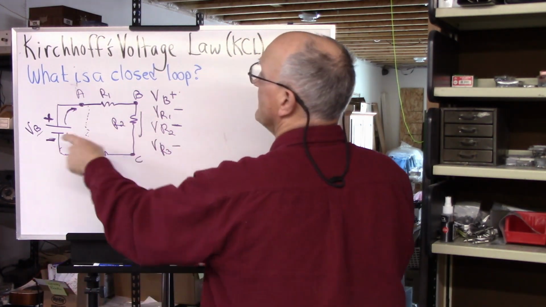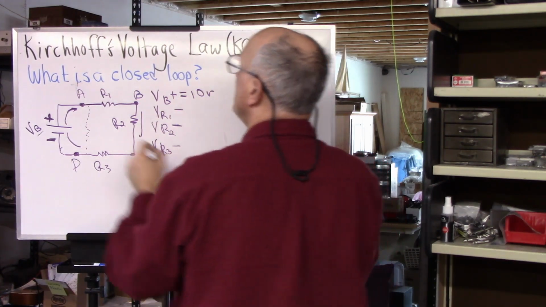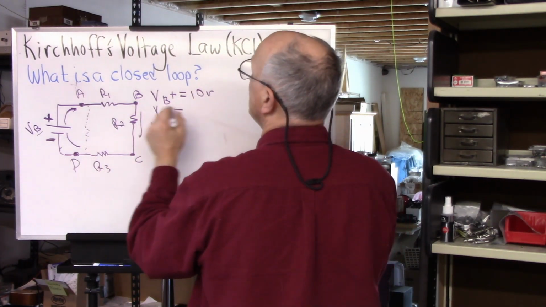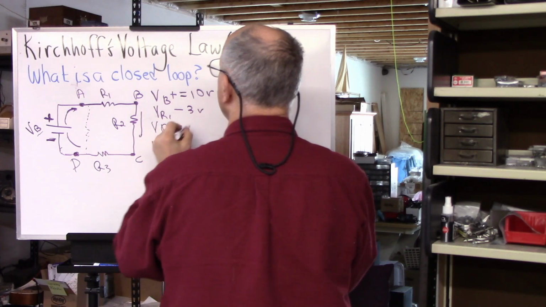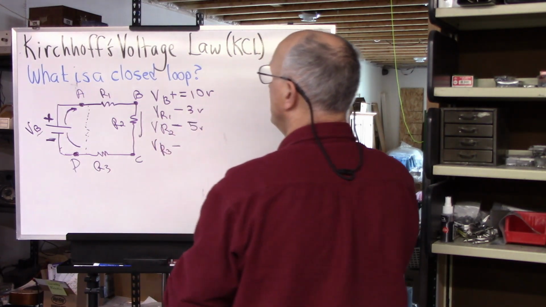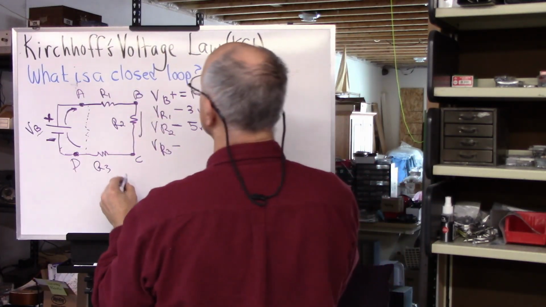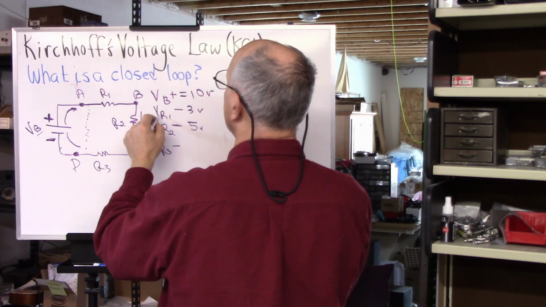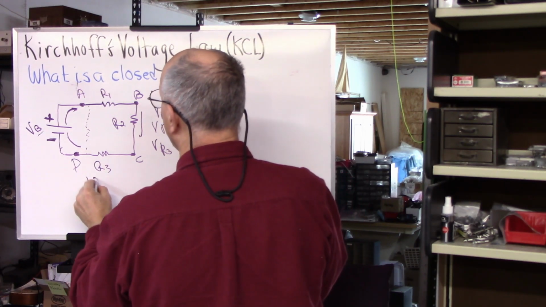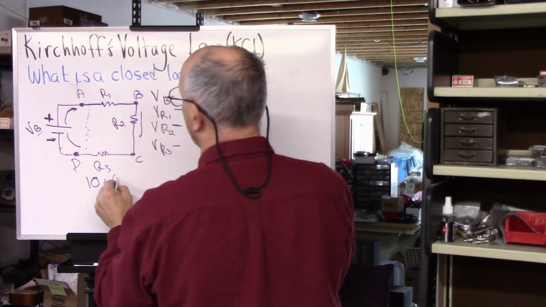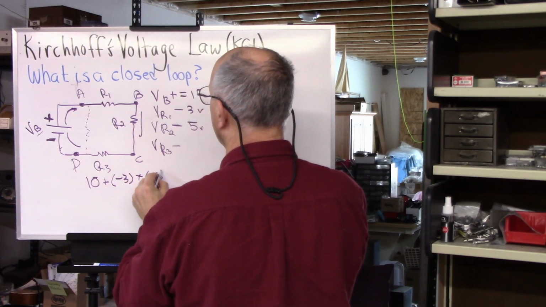And so let's just say that the voltage of the battery is 10 volts. The voltage across R1, we measured that, is 3 volts. The voltage across R2 is 5 volts. What is the voltage across R3? Well, Kirchhoff's voltage law says VB plus VR1 plus VR2 plus VR3 equals 0. So 10 plus our minus 3 volts plus our minus 5 volts plus